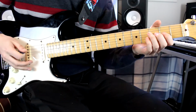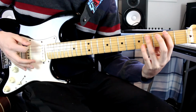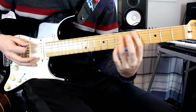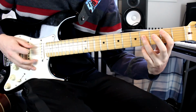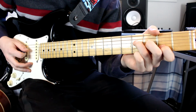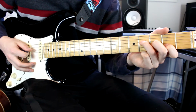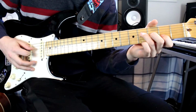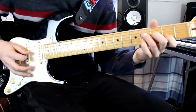Now, the next part, it's literally the chorus just a couple frets down. So you're down on the 2nd fret and you're gonna play that, right? So that's the same as up here. Can you guess what's coming next? And then you're going to be playing those same chord shapes, but instead of being 7-6-5, now you have 4-3-2 on the D, G, and B strings. And then you're also going to be barring with that 3rd finger again. So you have the... And then you're going to get back into that...